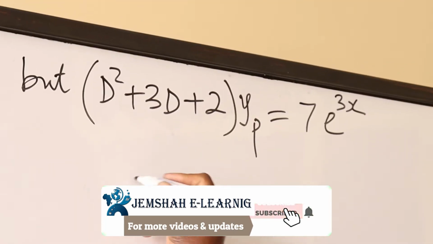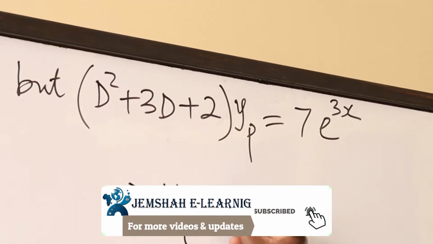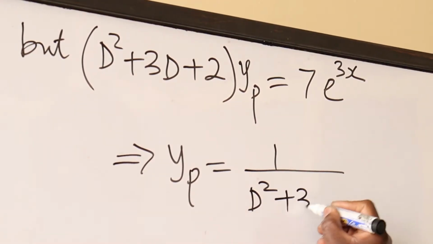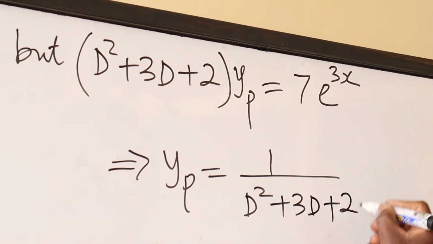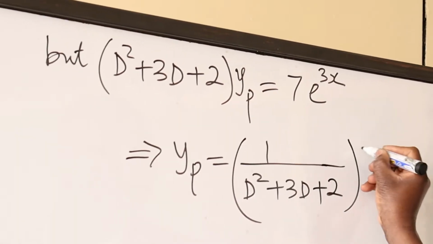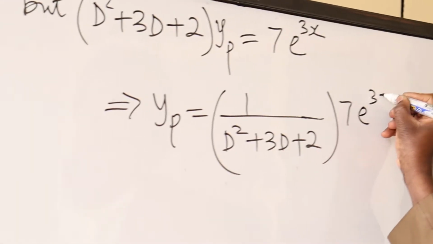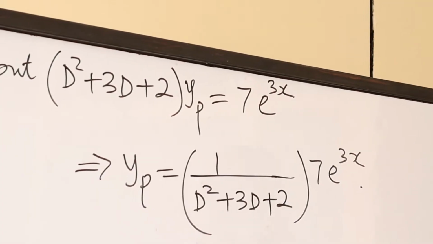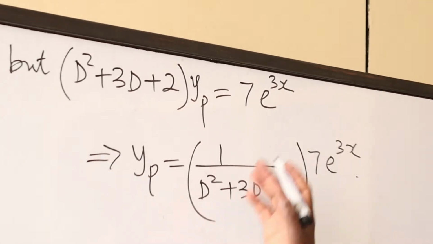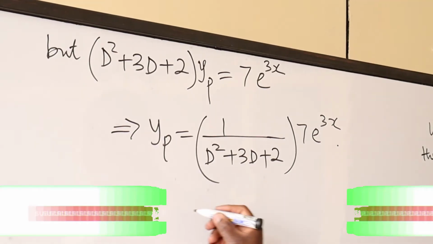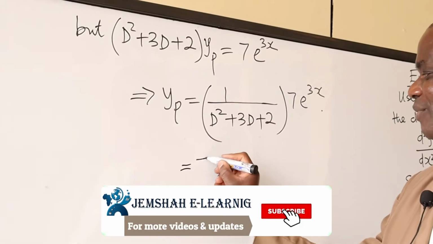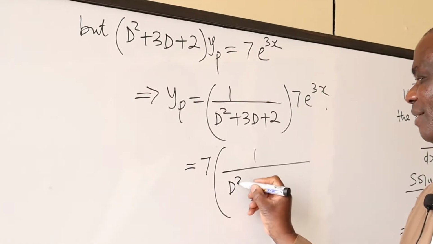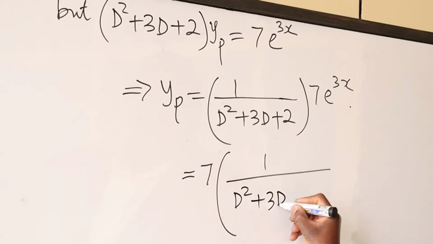So this implies our yp will be equal to 1 all over d squared plus 3d plus 2, the whole of this acting on 7 exponential 3x. This 7 is a constant. It can pass any operator. So it comes forward. So we have 1 all over d squared plus 3d plus 2